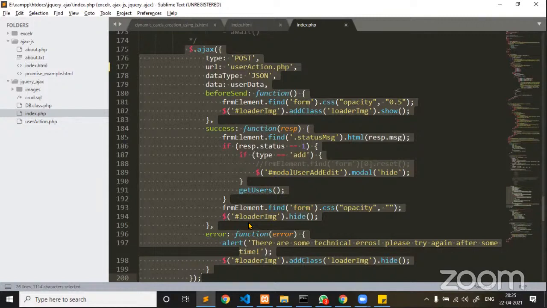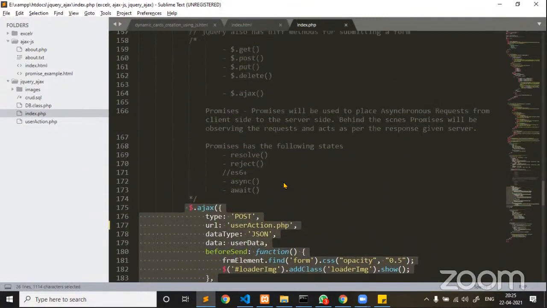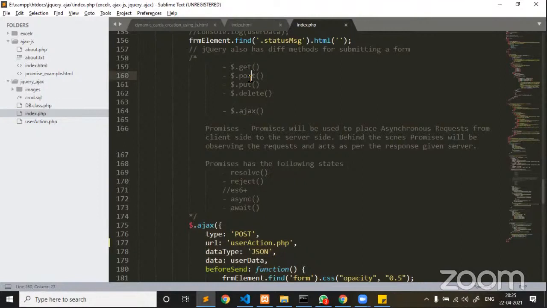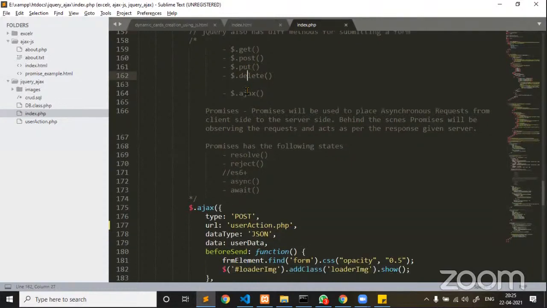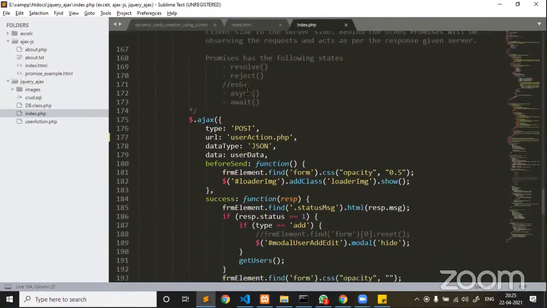Make sense? Now, if you wanted to execute Ajax methods, the get method separately or post method, put method, delete method separately, you have an option to execute it. But instead of using individual methods, we are just going to execute them by using $.ajax. Now, $.ajax is a method which can be taken care by get or post. Here, you can even change the methods according to your requirements and whatever the operation that you are planning to do. Based upon that, you can even perform this. Make sense?